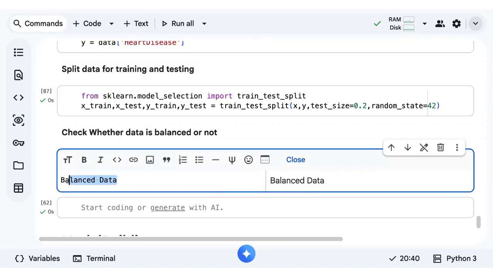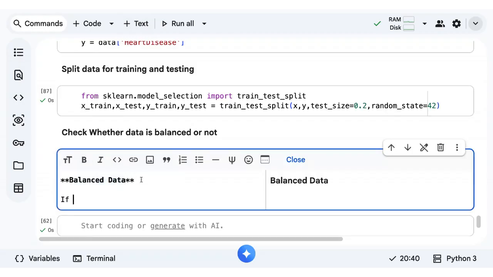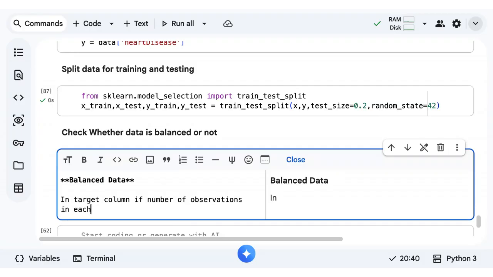Balanced data in the sense, if the number of observations in the target column, in each category, is the same, we call it balanced data.